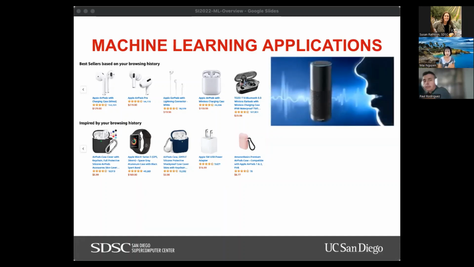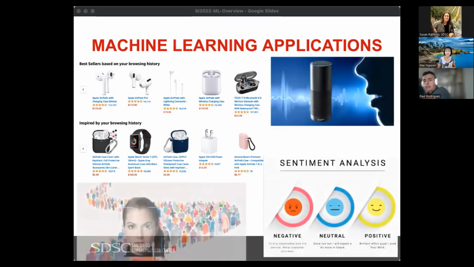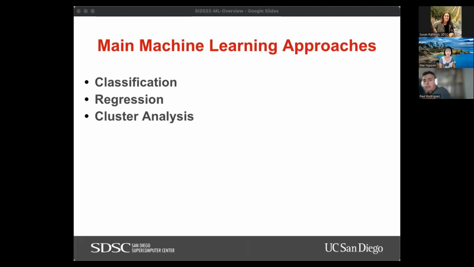on. Speech recognition, right? So Siri, Google, Alexa, behind the scenes, it's processing the sounds that are coming out of your mouth, trying to understand, putting all these things into words, trying to understand what it is that you're asking, and then coming up with an appropriate answer. Right? And then other things like sentiment analysis, face recognition. So these are very common, kind of everyday applications that we come across that have machine learning behind the scenes.